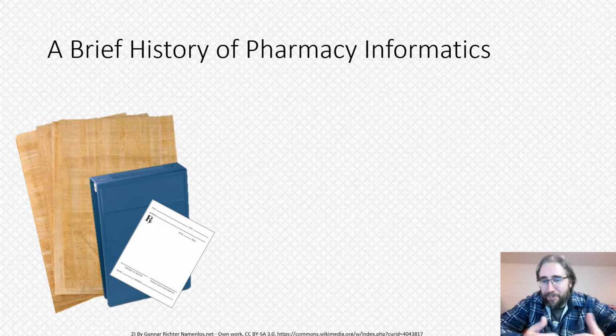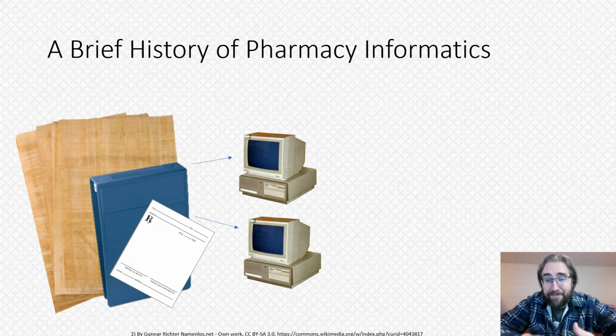So I'll give you a brief history of pharmacy informatics, and really it just starts with paper. That's the way this began, and for a very long time. Really, in a nutshell, the history of pharmacy informatics, as with pretty much all informatics, is interoperability. That's really just the basic reality of it. So you started with paper, and then started introducing computers into the process, which in the